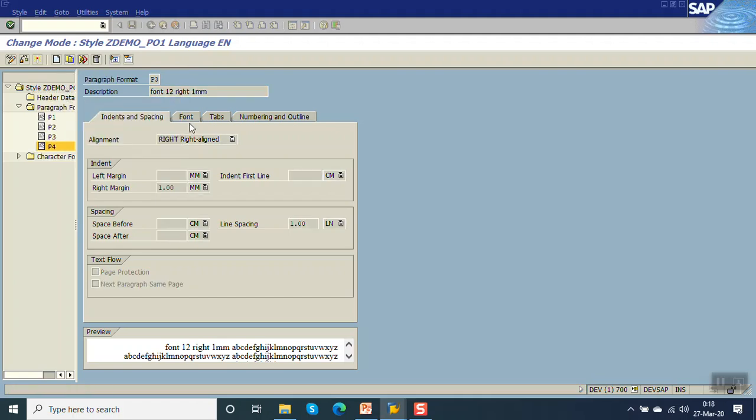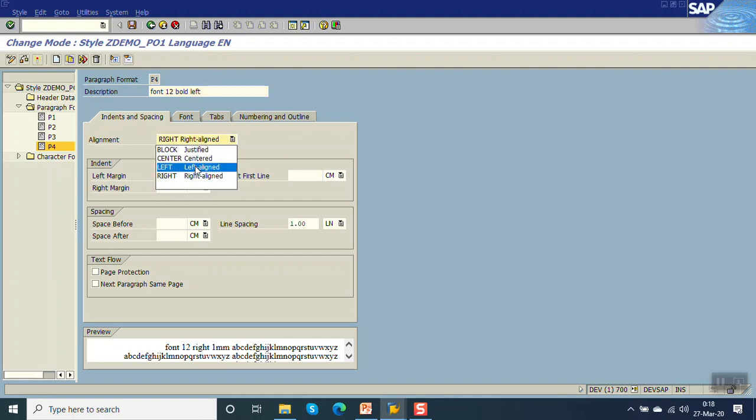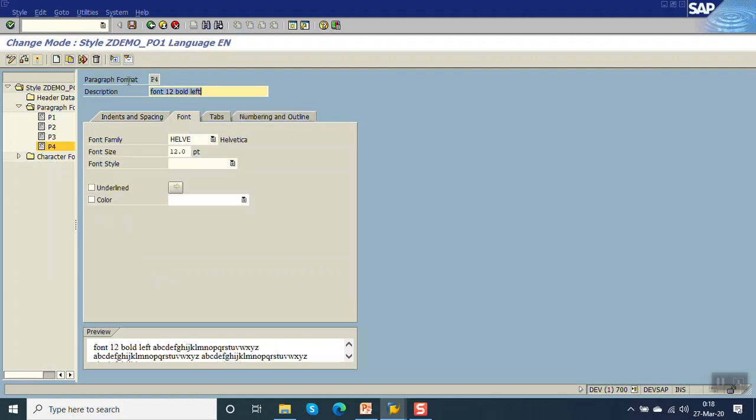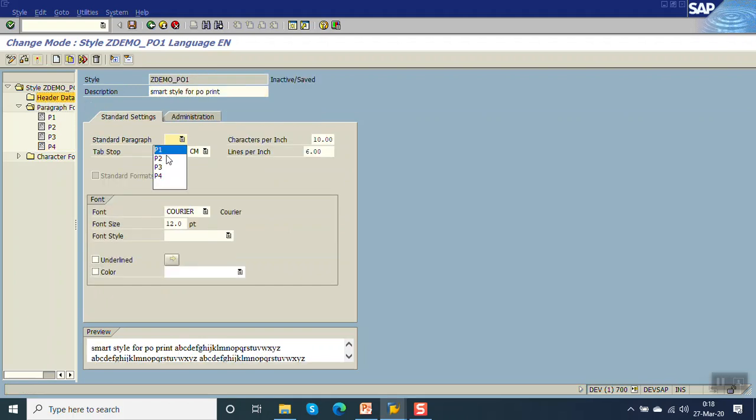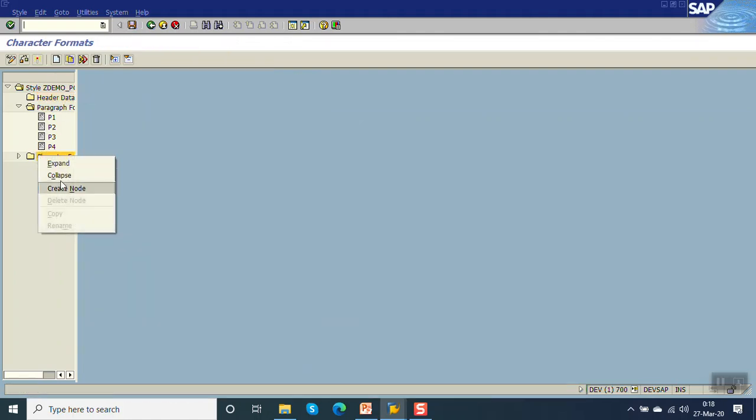Let's give P4, give the name as font 12 bold left. I'm giving 1 mm here. Select left alignment, font size 12 and bold. Okay, now first assign a default one, so we'll keep the default one as P2, that is font 12 left alignment. Okay, now go to character format, create node,